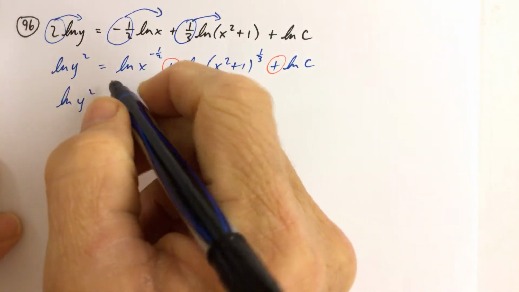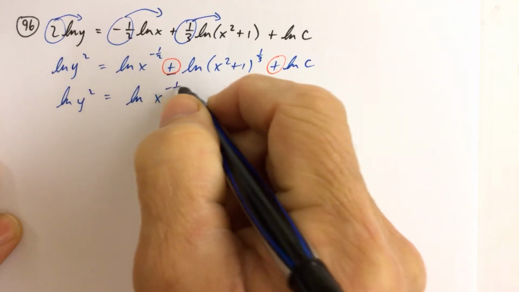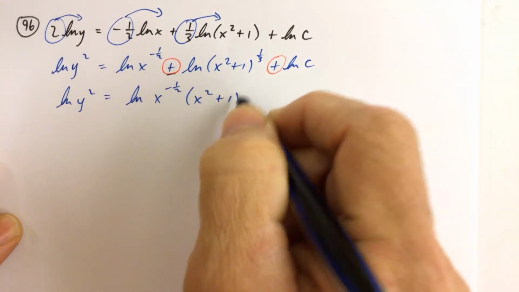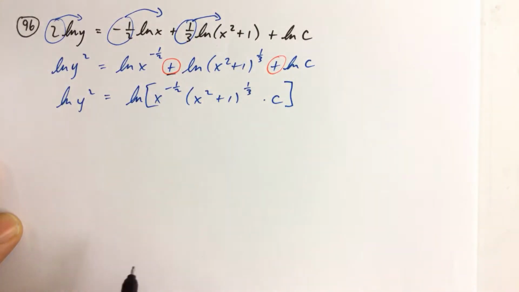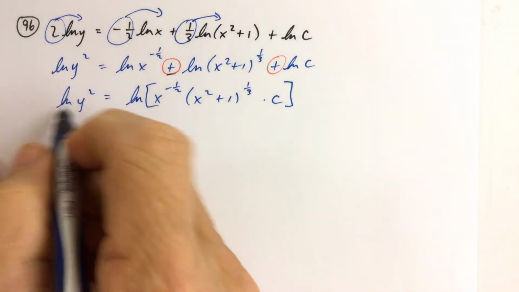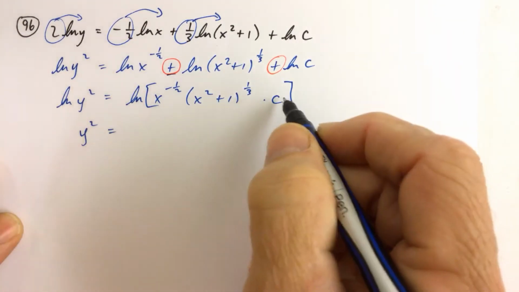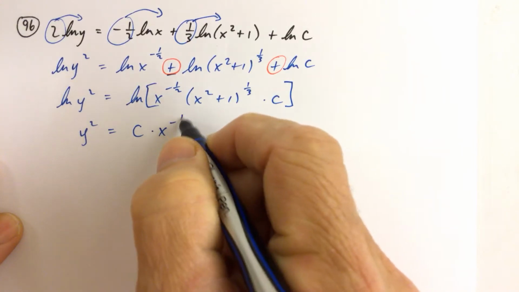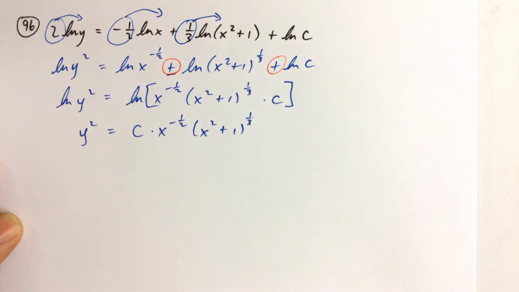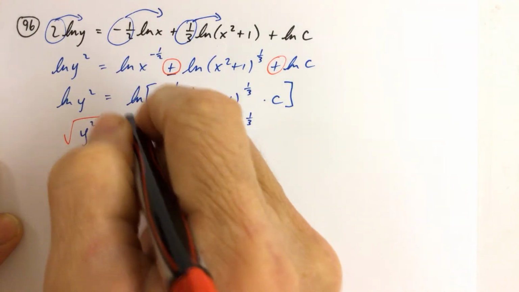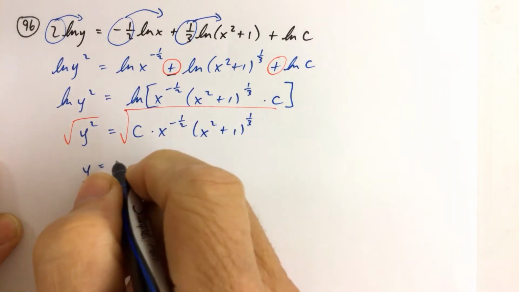Okay, so we have ln of y squared equals the ln of this whole product, x to the negative 1/2 times x squared plus 1 to the 1/3 times c. So this whole thing is what we're taking the ln of, and therefore, since we have the ln on both sides, same base, we have y squared equals, let's put the c out in front, c times x to the negative 1/2 times x squared plus 1 to the 1/3, and this is getting very ugly, but nevertheless we need to solve for y, and solving for y, we get y equals